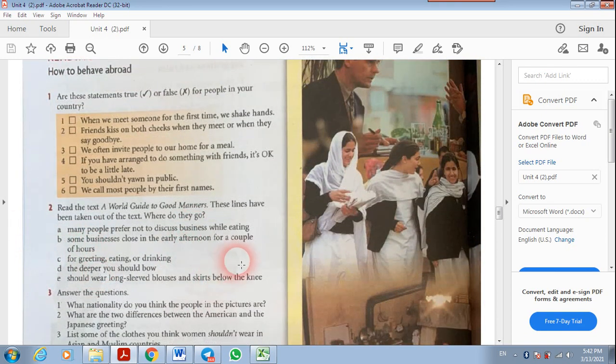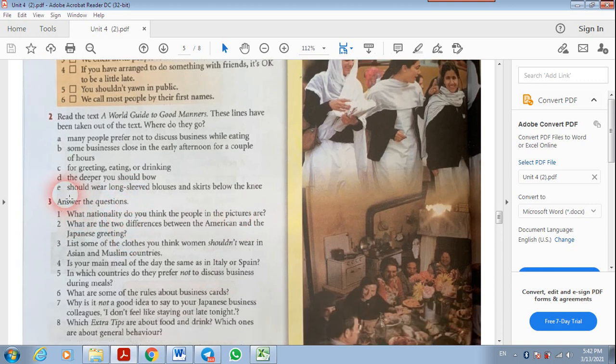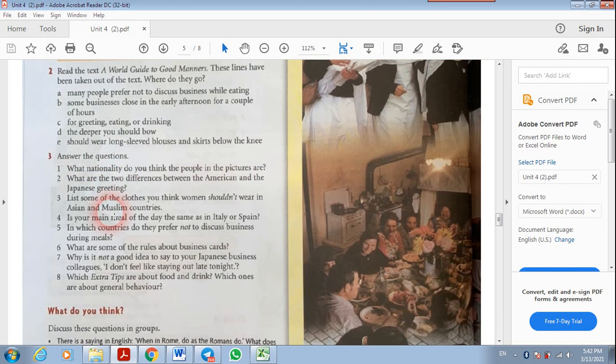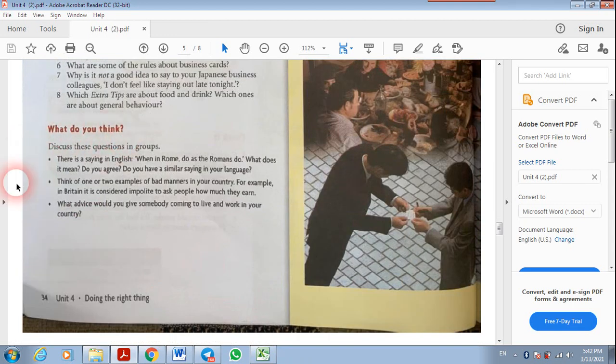We must put these lines back into the blanks, based on our understanding of the text of the passage. Number 3, answer the questions. These are questions about the passage. And finally, what do you think? Discuss these questions in groups. We will also discuss that during class,